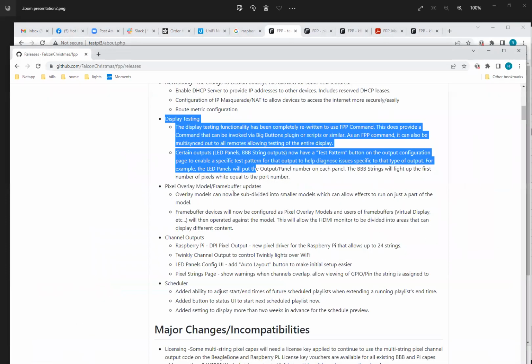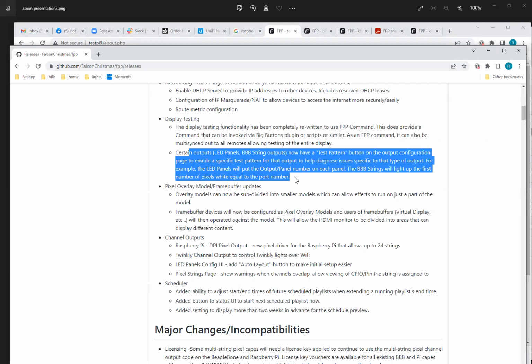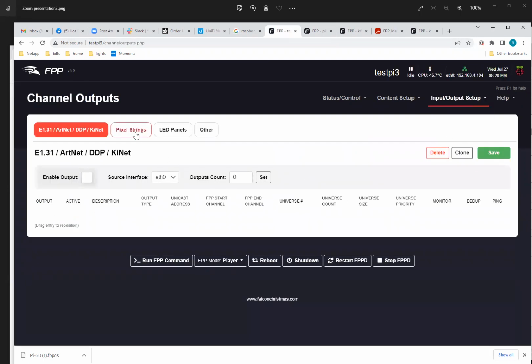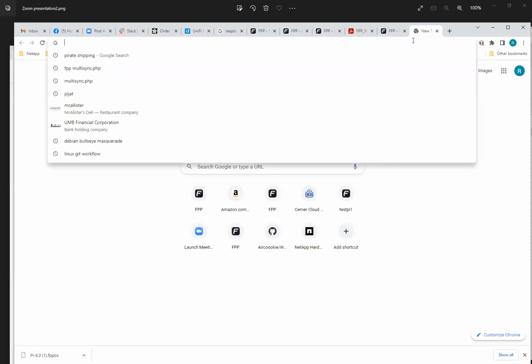Back to the release notes here. Certain outputs, we talked about the display testing is where we were left off there, right? When I had to reboot this guy. So this test Pi 3 represents our in-place upgrade, how easy that was. If I go to channel outputs, this guy did not have a cape installed. So this also is the blank. If I had a Pi hat on here, I would install it. If I had a controller with a hardware